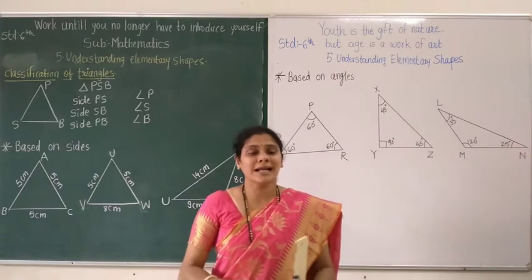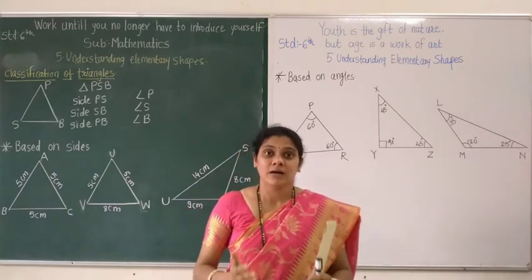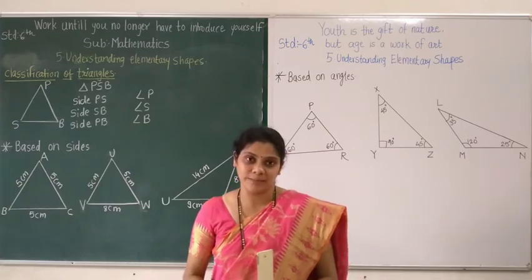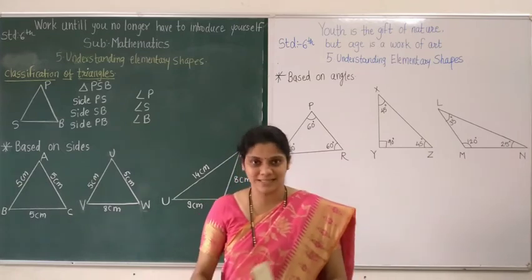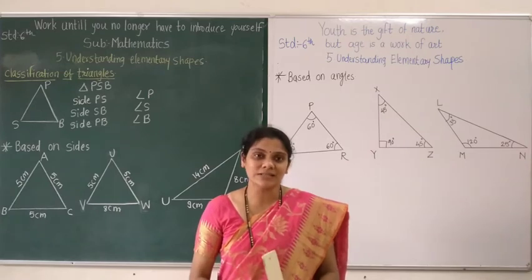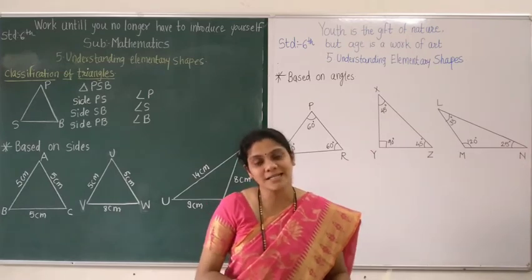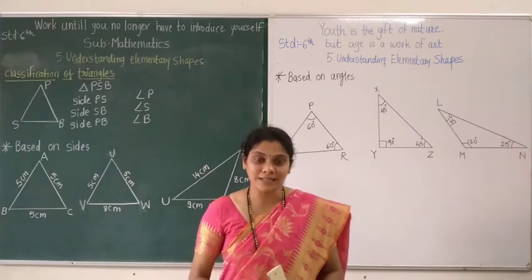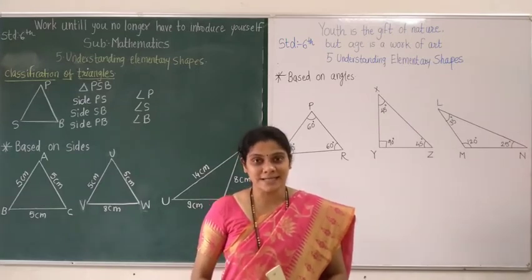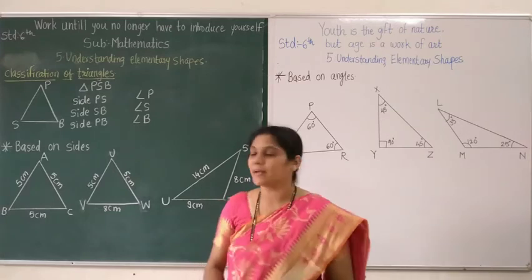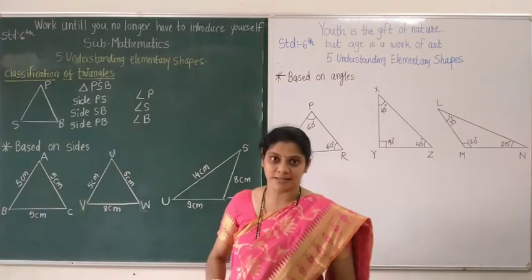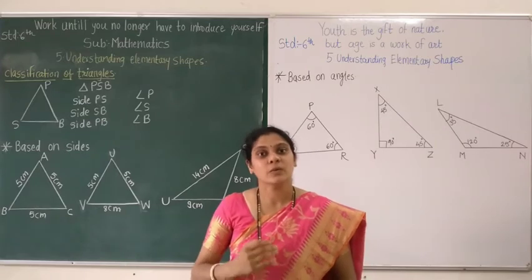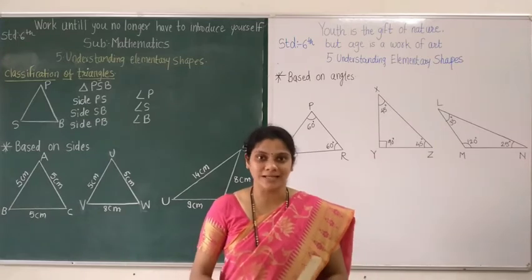Okay, now there are many types of triangles, so we have to classify them. Since a triangle has three sides and three angles, we can classify triangles on the basis of their sides and angles. But while classifying triangles, it is necessary that we know the measurements of their sides and angles. So with the help of the measurements of their sides and angles, we can classify the triangles.